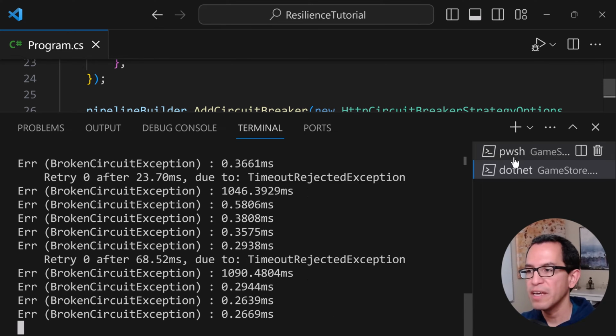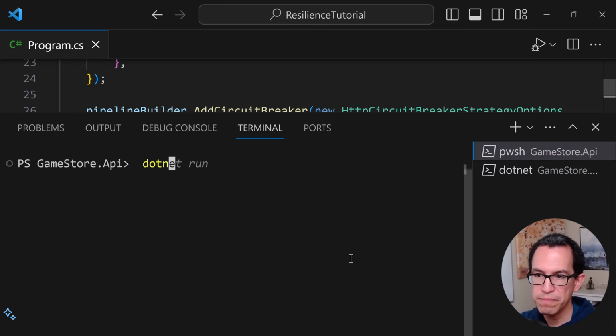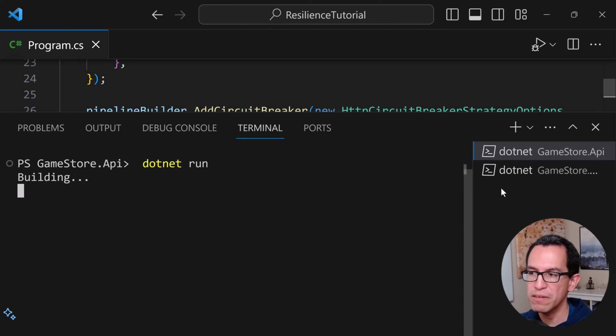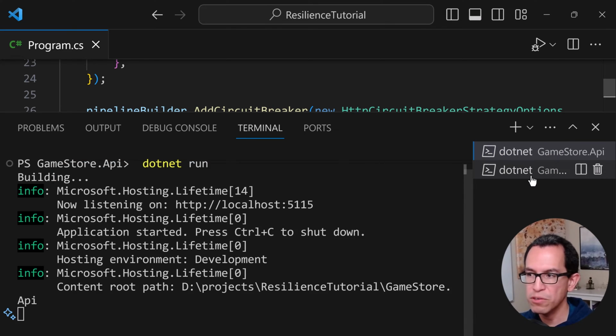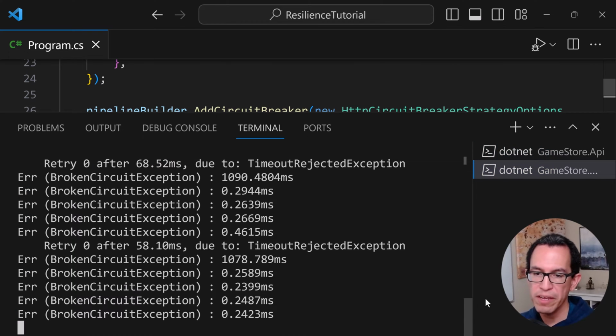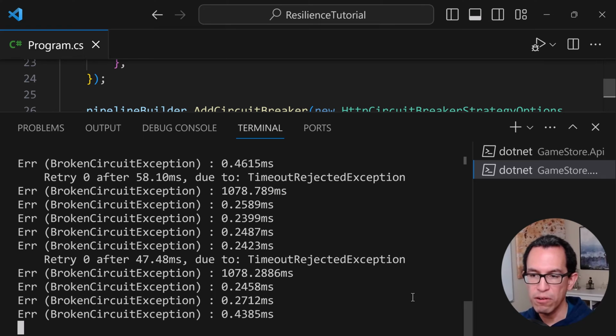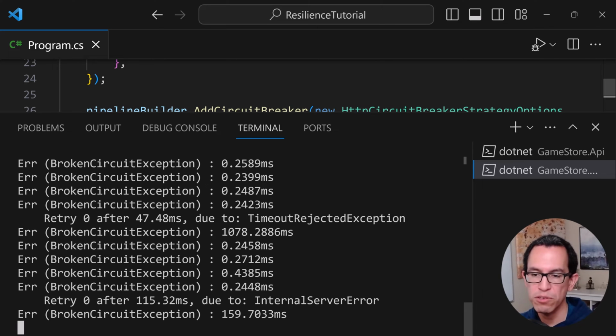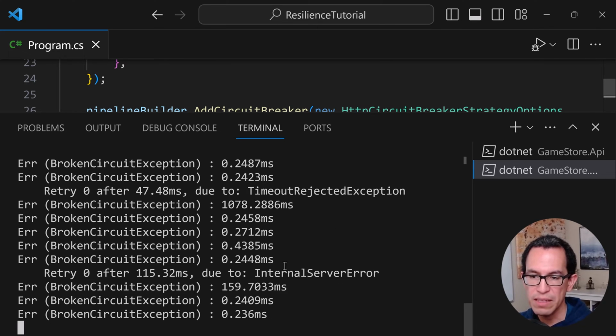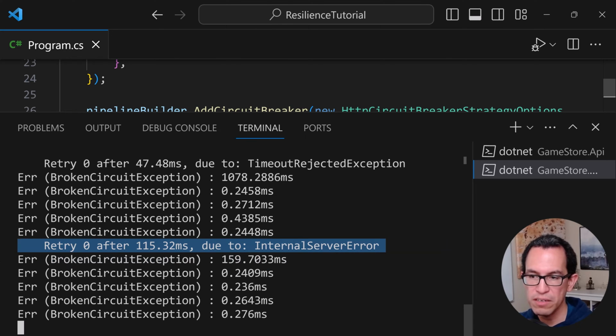Now, eventually, right, our API is going to come back, right? So .NET Run, it just comes back. And so hopefully our circuit breaker will notice that situation. Now it tried again, but again, we were unlucky. There was another timeout rejected exception because it took too much time, right? Now we tried again. This time there was an internal server error, but